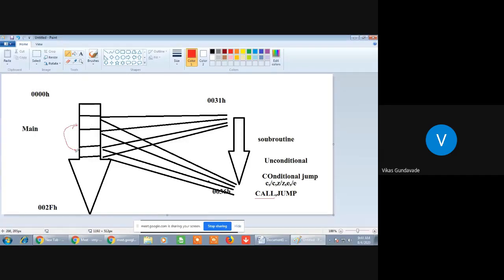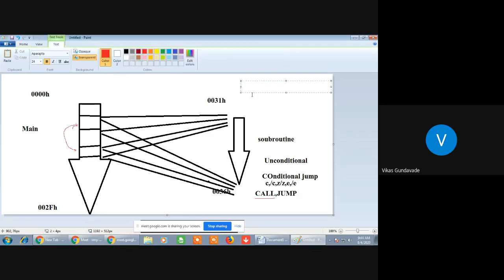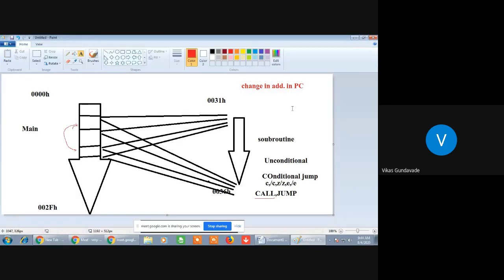Here the program counter address gets changed from this location to that location, so within the program itself the branching takes place. The basic meaning of branching is a change in the address available in the program counter. In simple words, it is called branching.